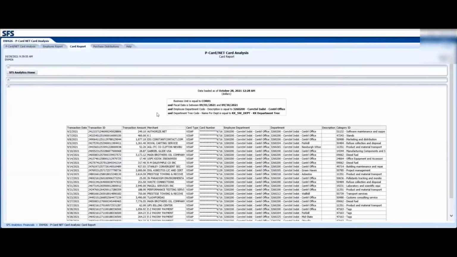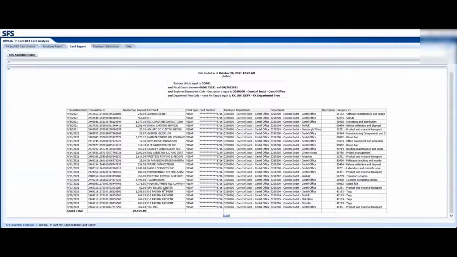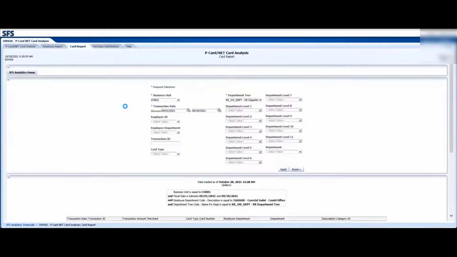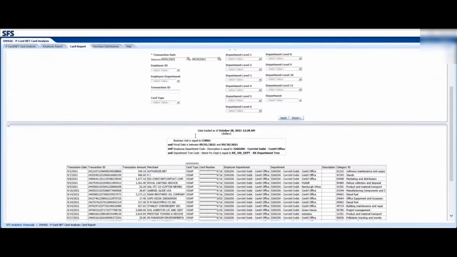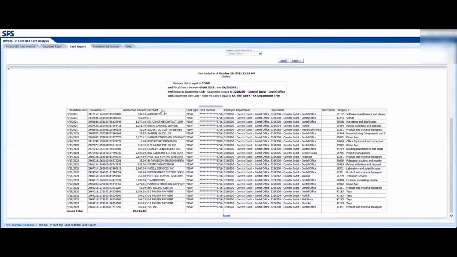So here's kind of a scenario. I like this output, right? I'm happy with my prompts. I want to see all the transactions and the employees and the card attributes for this time period. Now, I want to do more analysis, and I want to look based on the supplier, but I don't want to come up here every time and have to enter supplier over and over again, and I don't want to export it to Excel. Typically, I would export to Excel, add that filter like I showed you, where then I can choose my supplier. Well, a really cool feature of OBIEE, which is the reporting tool that we use in analytics,